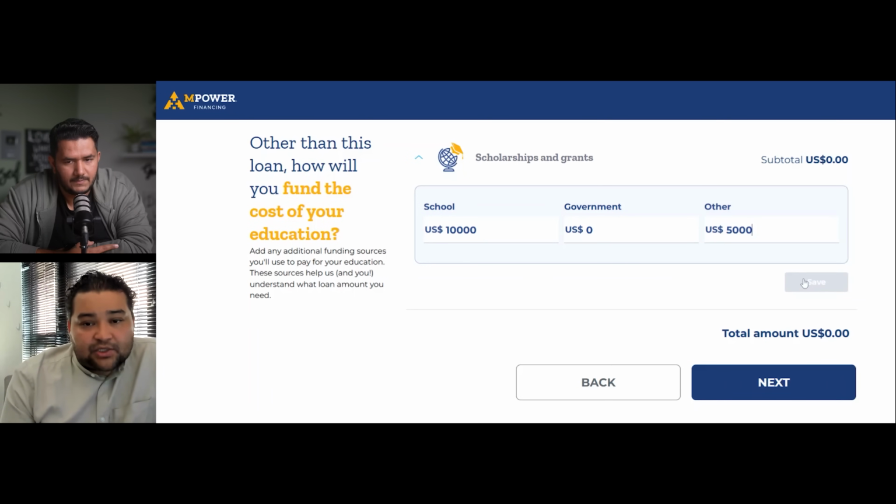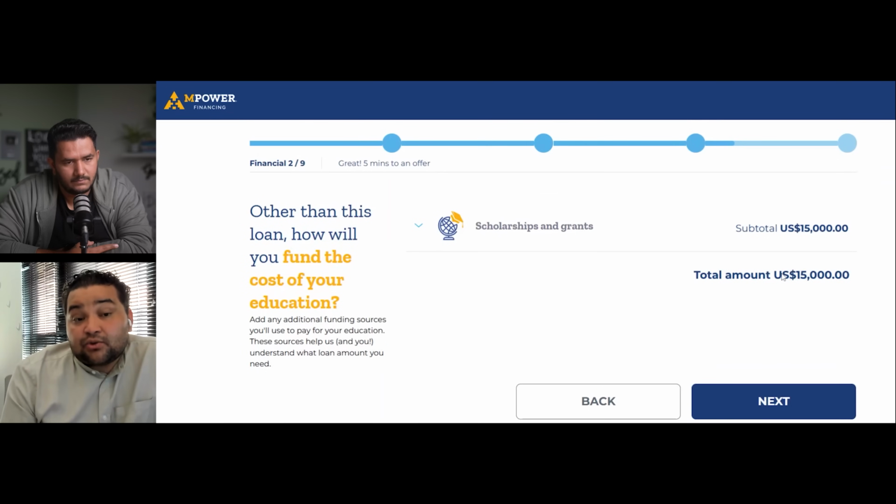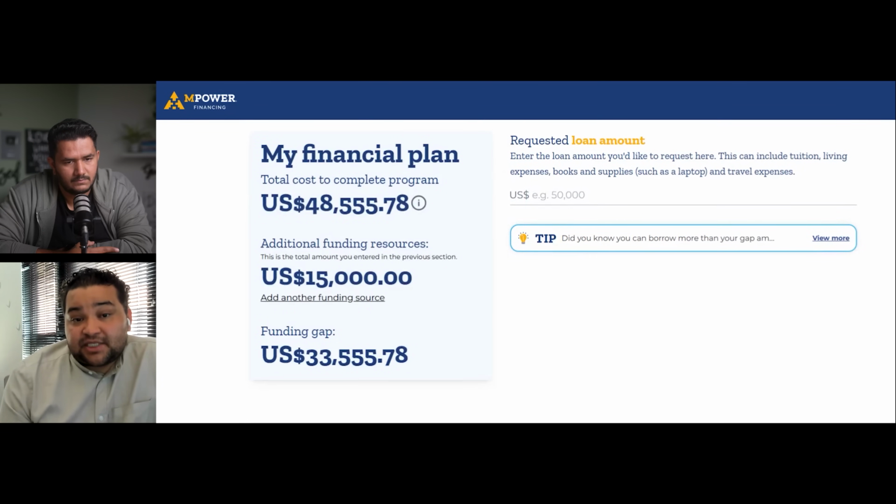So what we'll do is we'll save it. And now that we've put the funds that we're going to use towards covering our program costs at Purdue University, then of course we'll proceed to the next step of the application. And now this is where it all comes together. So, as I stated earlier, we have the data in regards to what your program cost could potentially be. But most importantly, now you can see that you have an additional 15,000 USD in source of funds that you're going to use to cover that program cost. So the system's automatically calculated that you need about